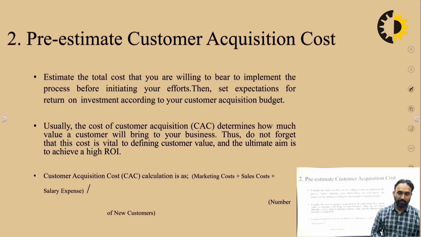customer, either in terms of advertisement, discount, referral, or giving free services. And that also includes the staff and salary cost. So there is a formula that is generally followed to calculate the customer acquisition cost, that's known as CAC. That is marketing cost, advertising cost, sales cost plus salary expenses of the company divided by the number